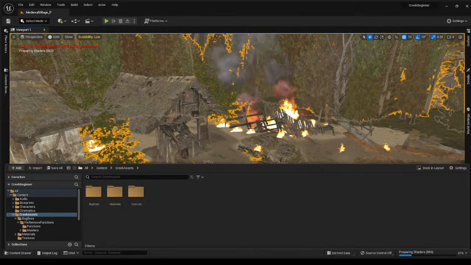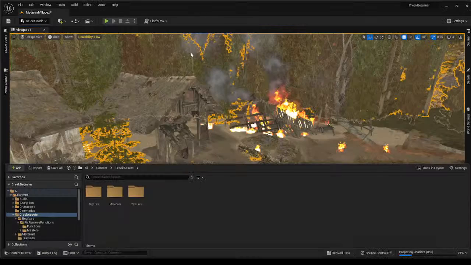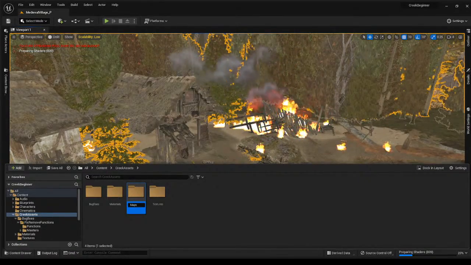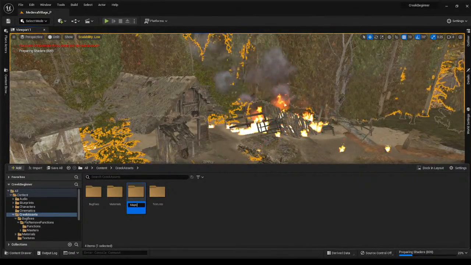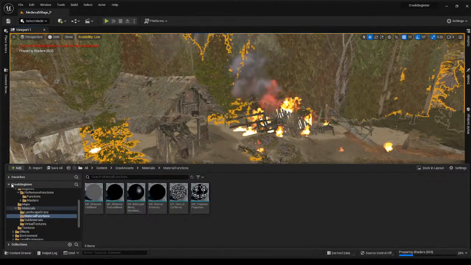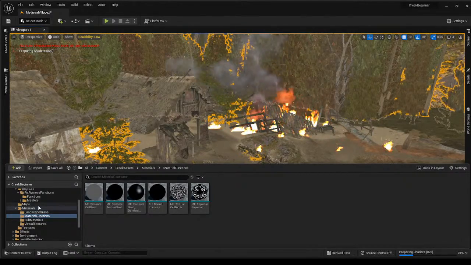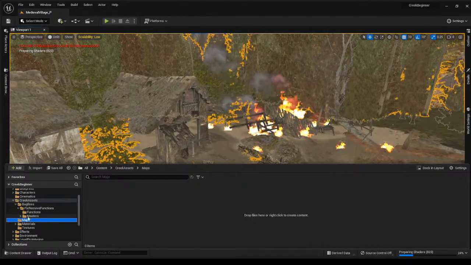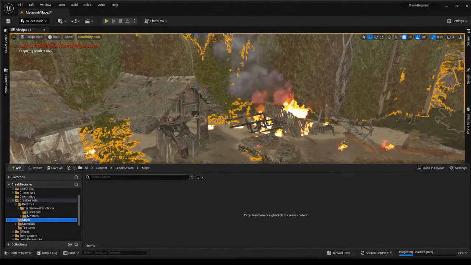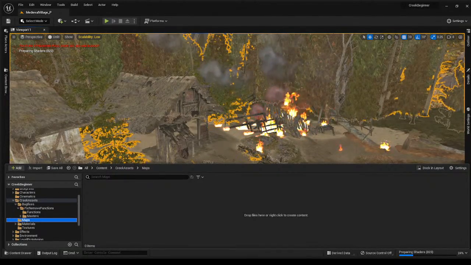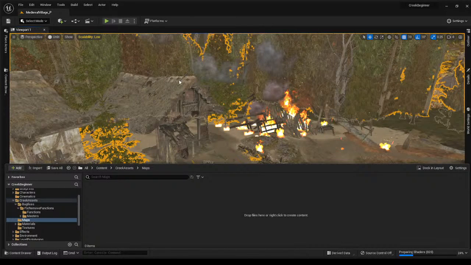And with the maps, if I go into it, let's right click and create a new level,